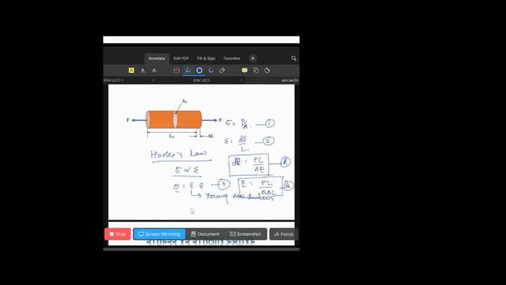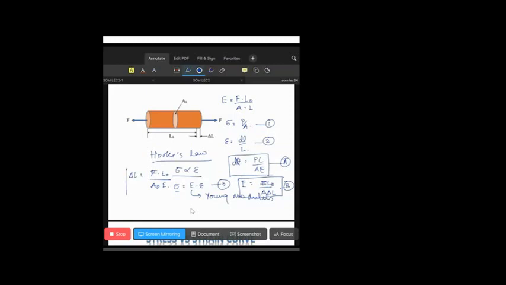And due to this, what will be the Young modulus? Young modulus will be given by the formula PL, or in this case it will be F. FL into L become LO. And what about A? A will become AO. And delta L will remain as it is. So E will be F into LO upon A delta L. So E in this case can be calculated by the formula F LO upon A into delta L. Okay. And to find out the delta L, what will be the formula? F into LO upon AO into E.